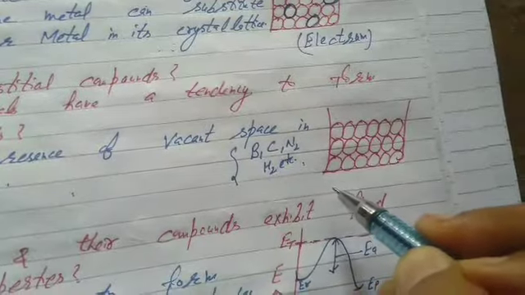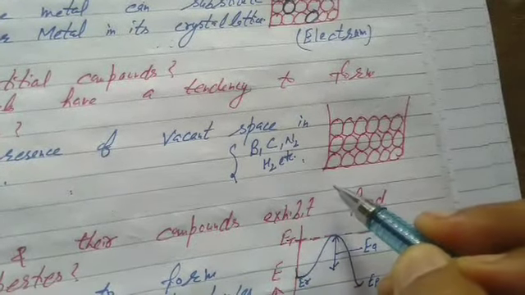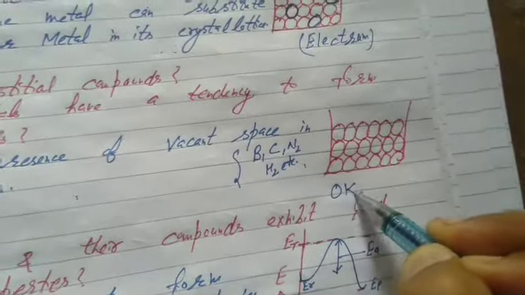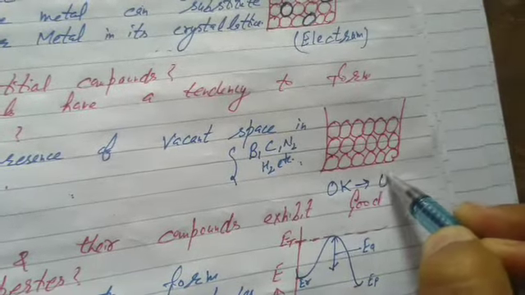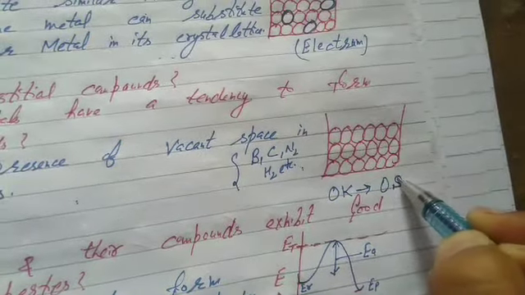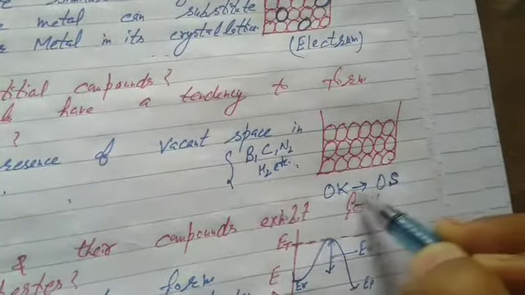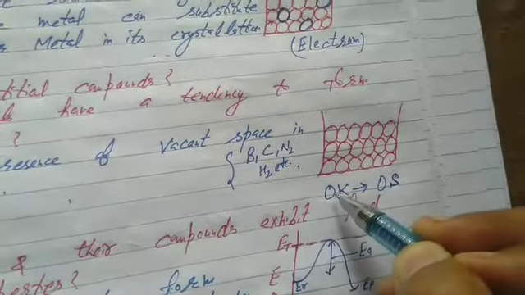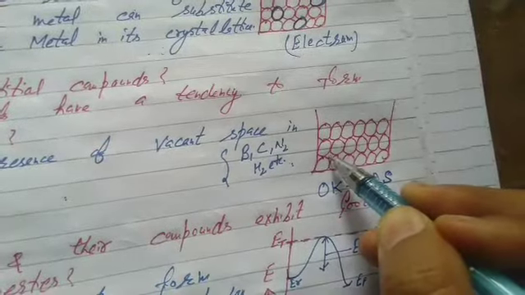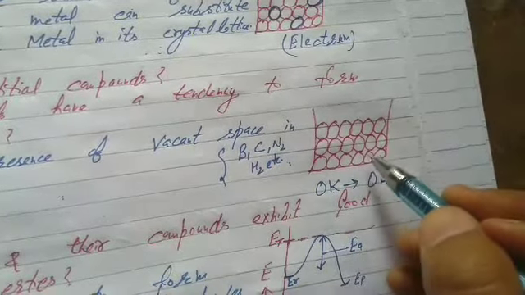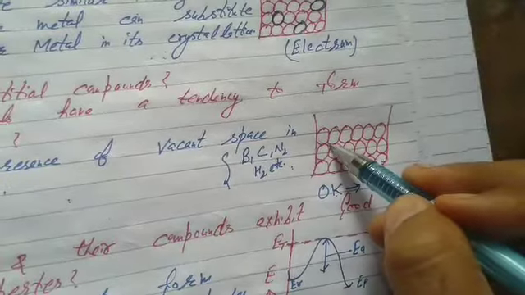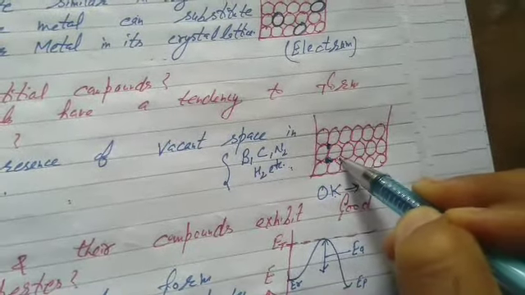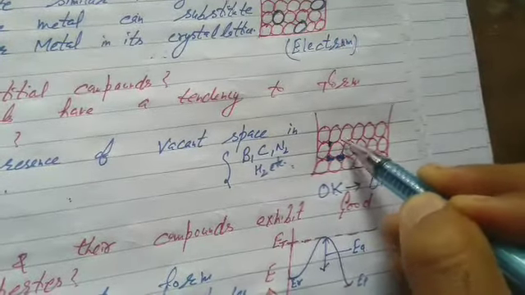We study the third law of thermodynamics. According to the third law of thermodynamics, an ideal crystal at 0 Kelvin has zero entropy. S is the symbol of entropy. It means it is regular, but regularity exists only at 0 Kelvin. At any temperature above 0 Kelvin, there is irregularity, that is, free space exists. Now what will happen in this free space? Please look here, that's the vacant space present in the crystal lattice.